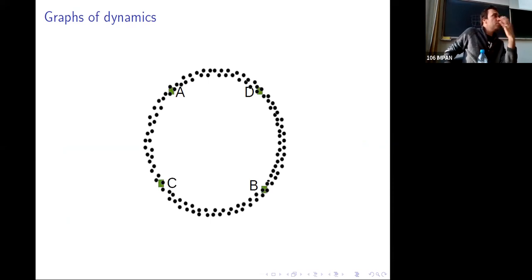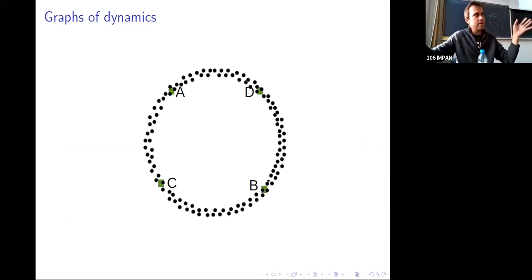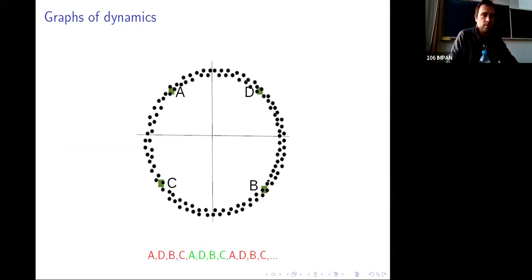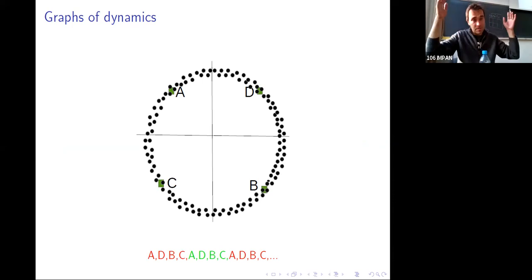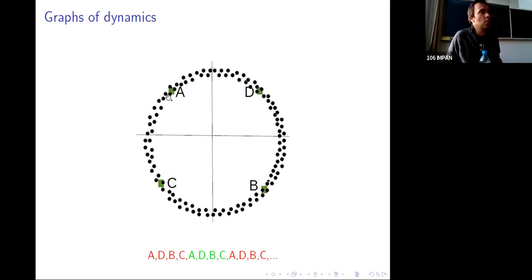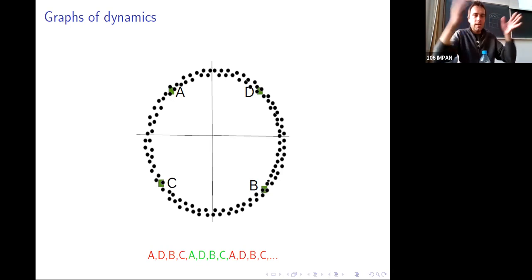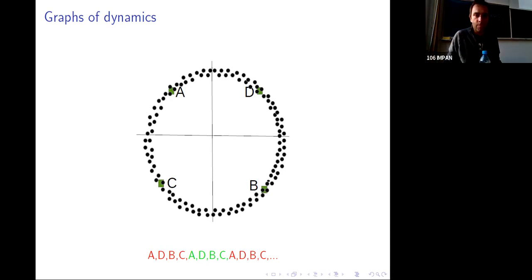What I want to do is something very similar to the ball mapper. So I'm building an epsilon net on that thing. Then I'm looking at the Voronoi cells of every point. What's a Voronoi cell? It's a subset of my point cloud. A Voronoi cell of point A is a subset of my point cloud for which the point A is the closest one. Likewise for B, C, D. So I subdivide my point cloud into